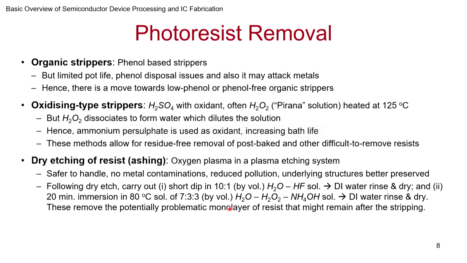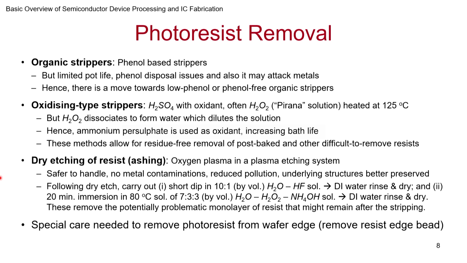This step is to remove any monolayer that is lurking around. It is true you have used oxygen plasma to etch it and all that, but sometimes the photoresist might have seeped to the backside of the wafer and so on, and you may not know, and you don't want all this, so you have to get rid of anything that is there. So just to be doubly safe, you do this wet etch after the dry etch as well. But that being said, dry etch is the more popular etch today.